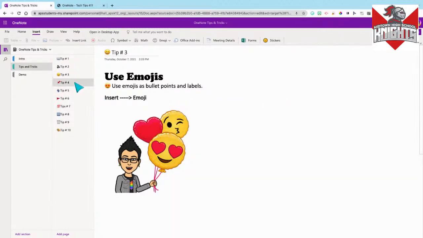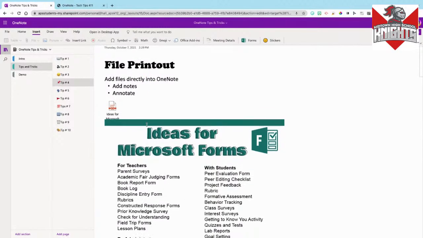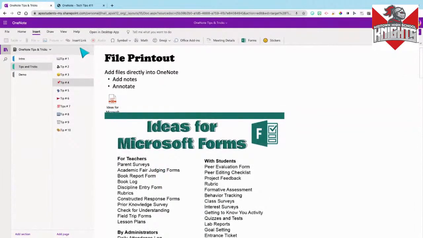Next up, tip number 4, is that you can create a file printout. That means you add that file directly into OneNote, such as your notes, and you can then annotate on it. So this is my ideas for using Microsoft Forms. So when you go to add something and you say you want to